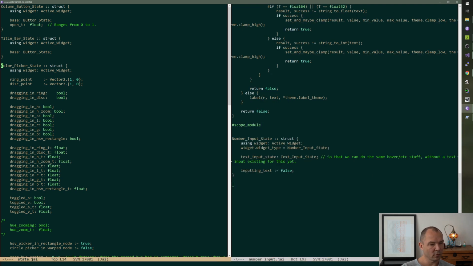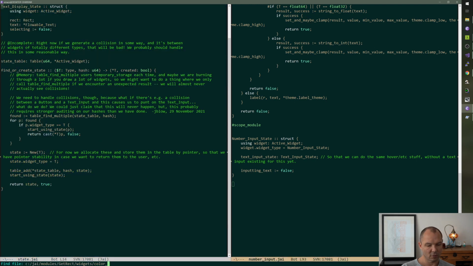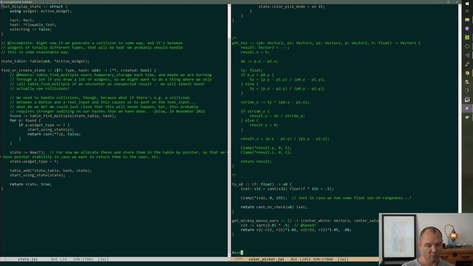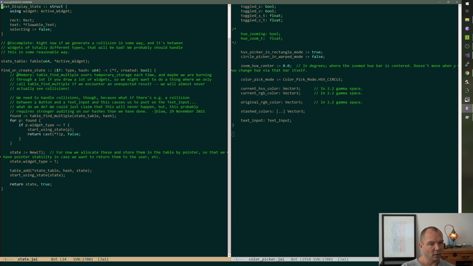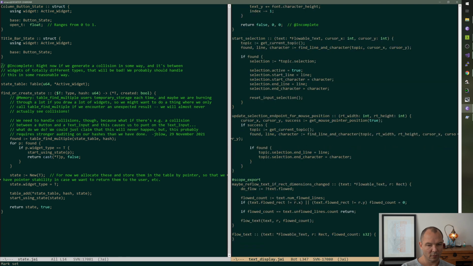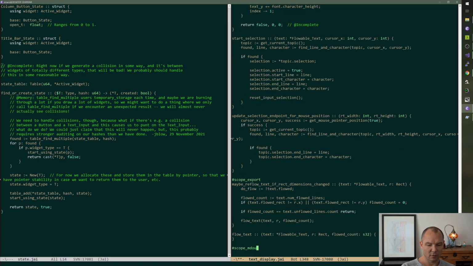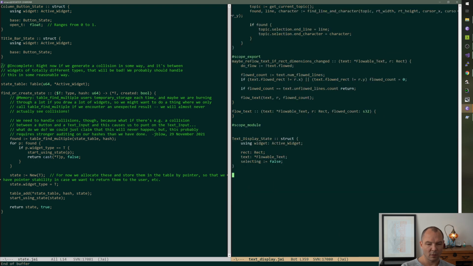Module. Color picker. And text display is not even a thing right now. I had gotten further on this than I thought. Anyway,